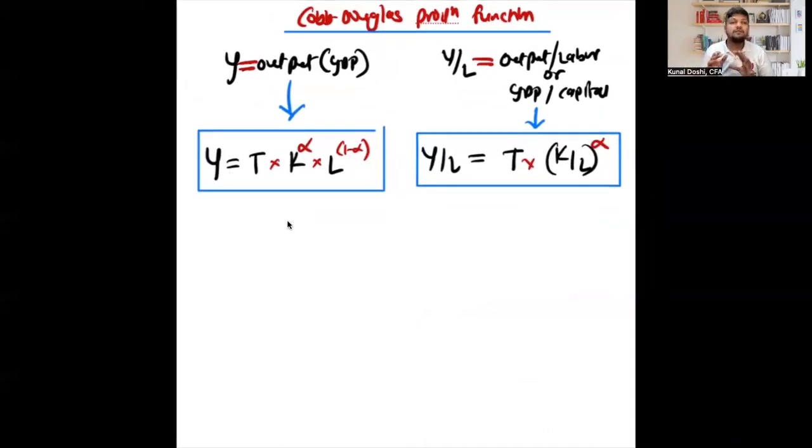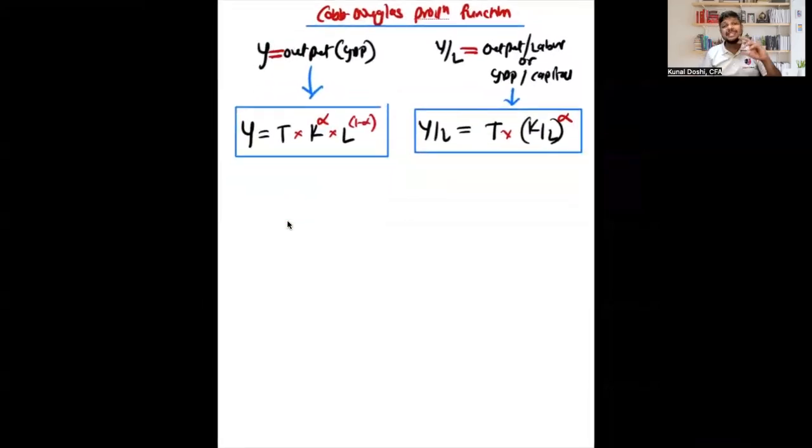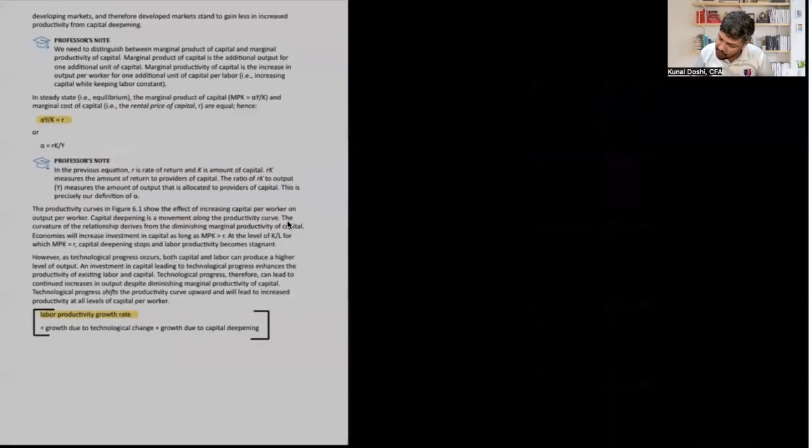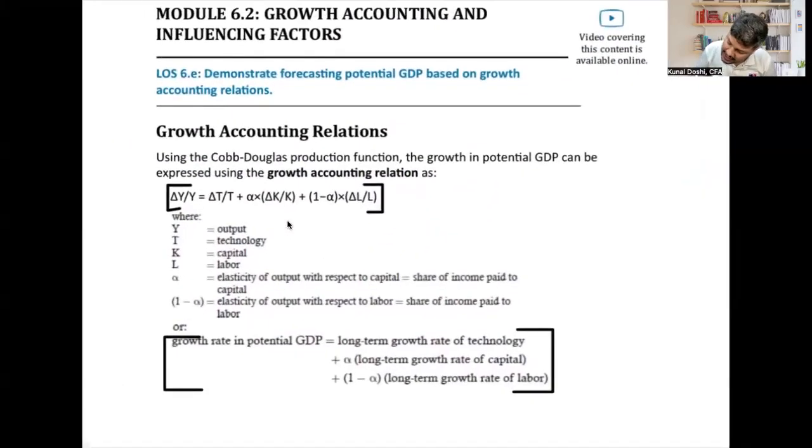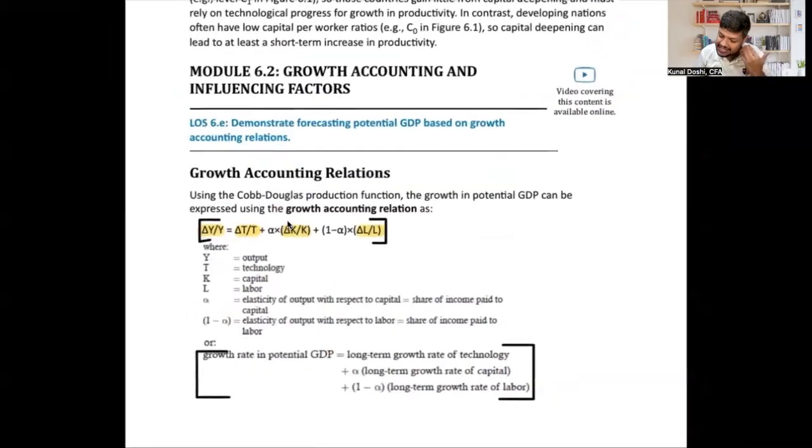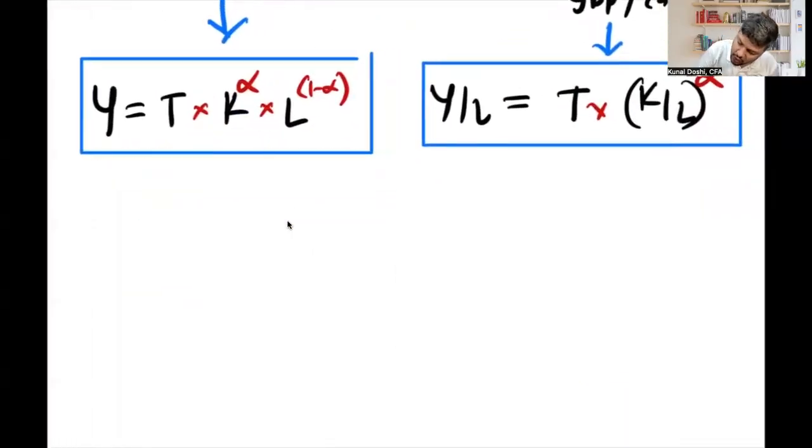So until now, we've got the formula of output based on Cobb-Douglas and output per worker or per labor. Correct? That is GDP per capita. Now, there is one more formula, which is change in output. And change in output is what I would want to connect. That is change in output, or change in Y, similar to what you studied for output. Change in technology, change in capital, change in labor, multiplied with their share. So see, when I write here Y, but if I want to write